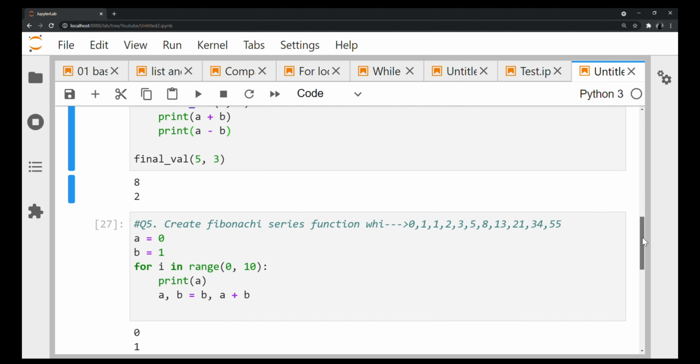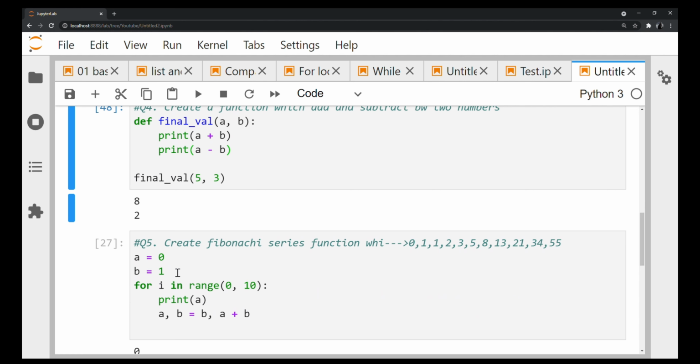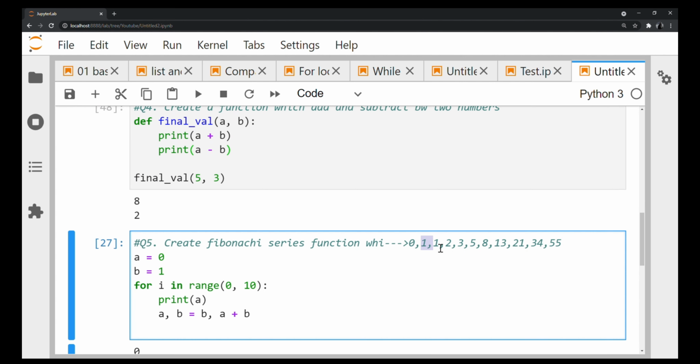So here, if you see, I've already written it, right? What we need here to get this series is to initiate at least the first two numbers. We want to initiate 0 and 1, which is the minimum I can do, right? To write anything, I should initiate two numbers. So that's what I'm doing. First thing, very easily, I'm initiating A with 0, and then I'm initiating B with 1. Okay, now I have initiated these two.